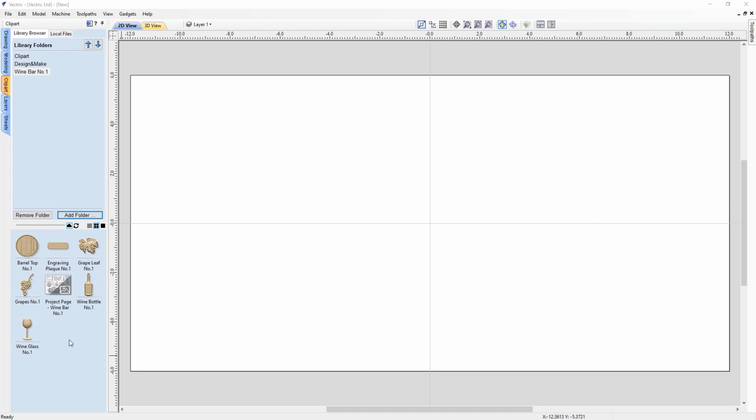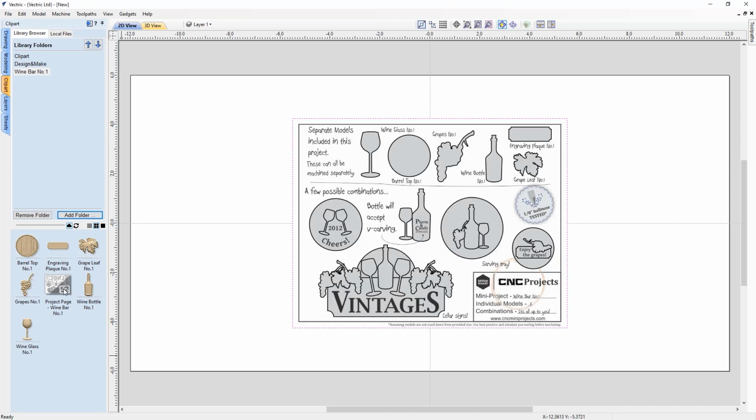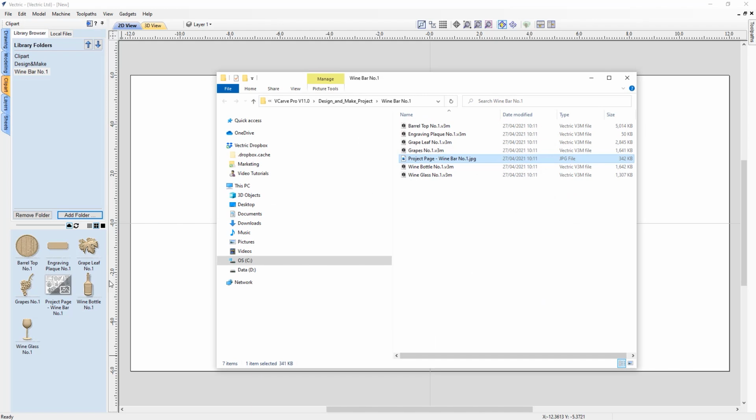So there's a couple of different ways we can look at this. We could double click on it and bring it right into our job, which is really great, and that works really good. But if we wanted to actually print this out, we can't print it out easily from inside of our job. So what we could do is right click while hovering over top of the project sheet thumbnail, open containing folder,